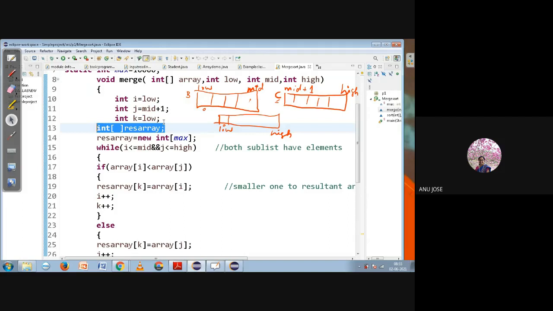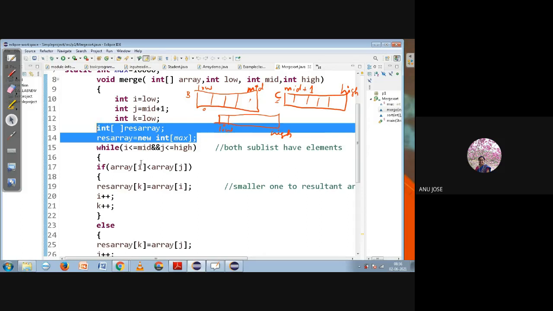But merge sort, sorry, merge sort is using one extra array for doing the sorting operation. So the resultant array is that new array used for storing the elements. We have declared the resultant array over here.